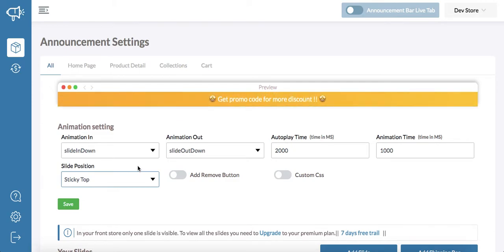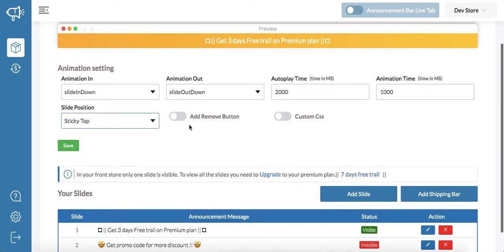Mostly, fixed header stores don't work perfectly with other apps' announcement bars. But we can give you a perfectly working announcement bar within 1 day. Because we are mostly from India, support may sometimes lag, but within 1 day we can fix the announcement bar for you. If you have a fixed header or any issue is happening, just contact our support and we will fix it for you.